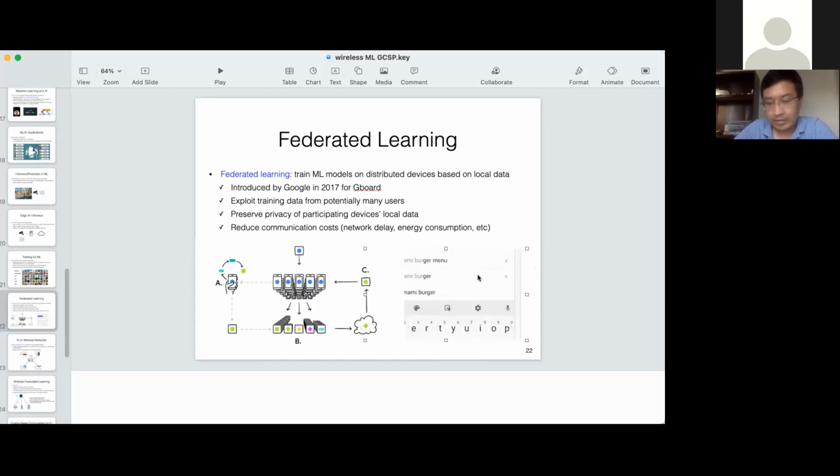So you can see that this text prediction function is really not new. It has been there for a long time. When you use Google search and type a word, Google search will predict the next words you want to input, right? But what's really new here in federated learning is the way this machine learning model is trained. So this text prediction is based on machine learning, and this machine learning model is trained by federated learning in the sense that